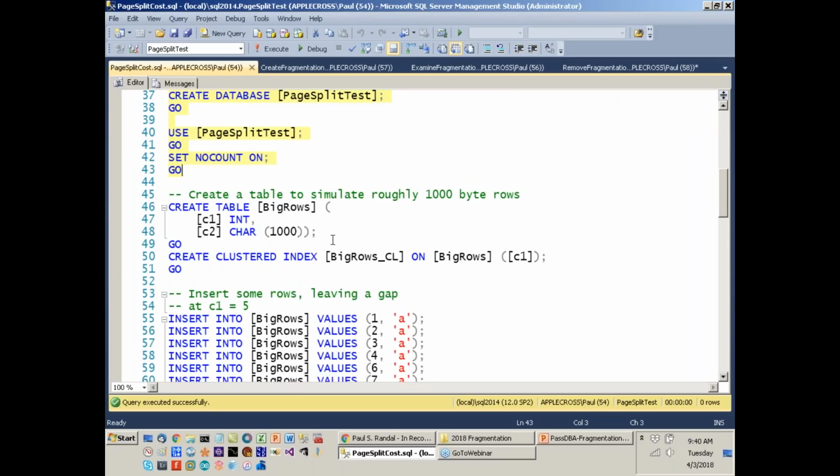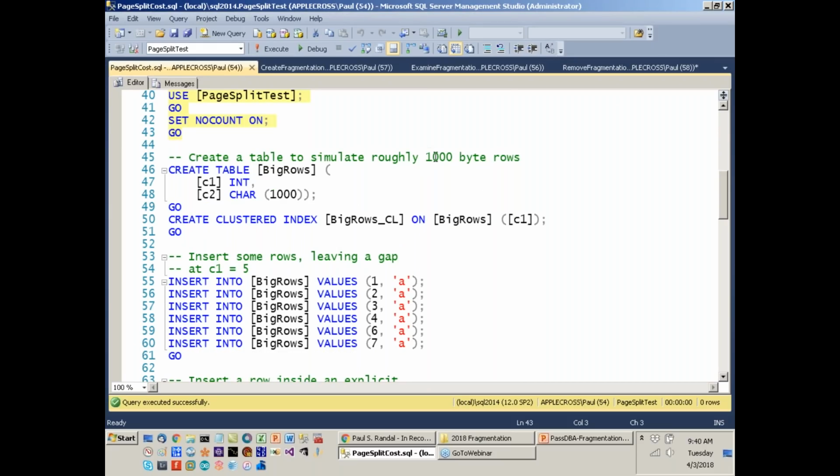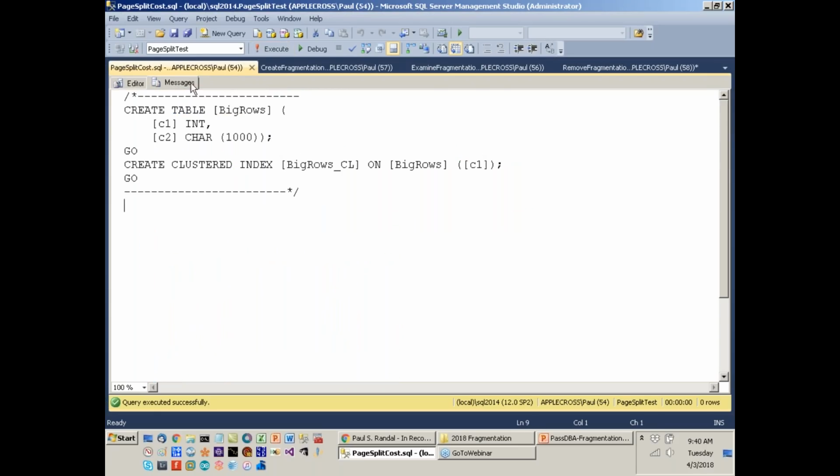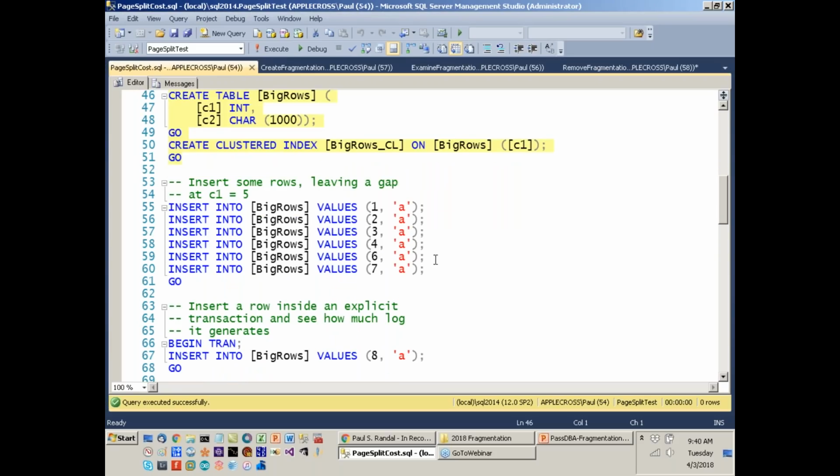My scenario is I'm going to create a table with roughly 1,000 byte rows and then a clustered index on the integer column. And I'm going to create enough space for one record to be inserted without causing a page split. And we're going to look and see how much transaction log is generated. The second record we insert will cause a page split. And we're going to see the disparity between the no split versus split in the amount of transaction log that's